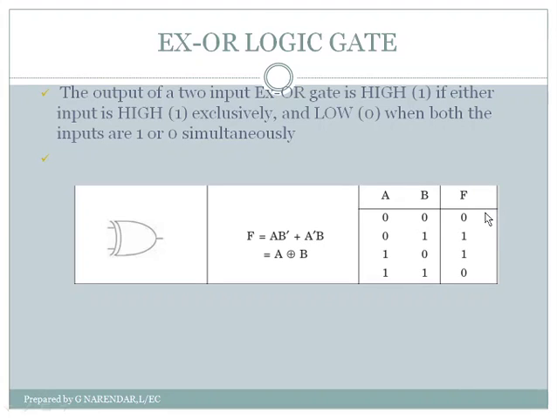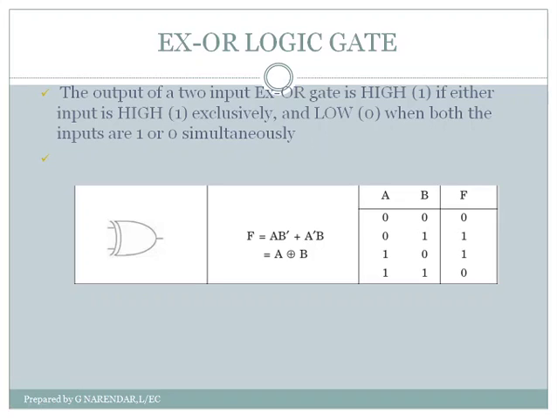So we can summarize the working of the XOR gate: the output of XOR gate is high when either of the inputs is high exclusively, that means the other input is 0. And the output of XOR gate is low when both the inputs are either 0 or 1 simultaneously, that is in the first case and last case. So this is the working of the XOR logic gate,